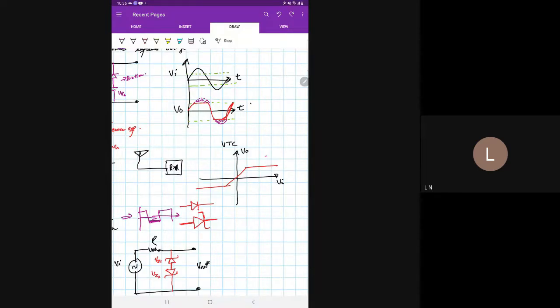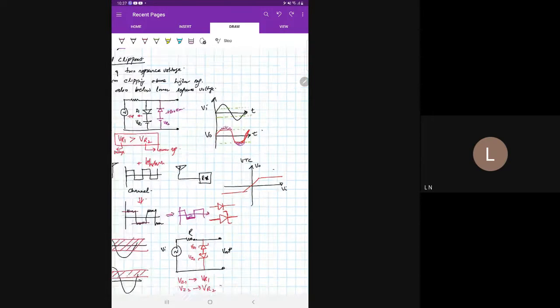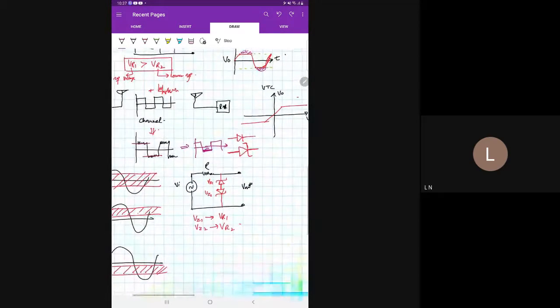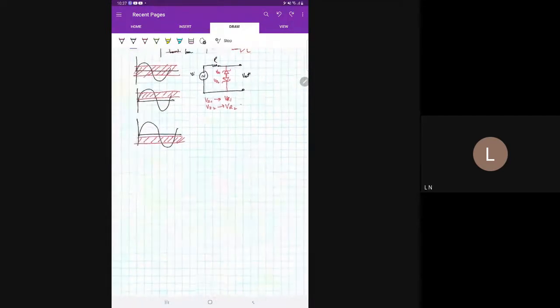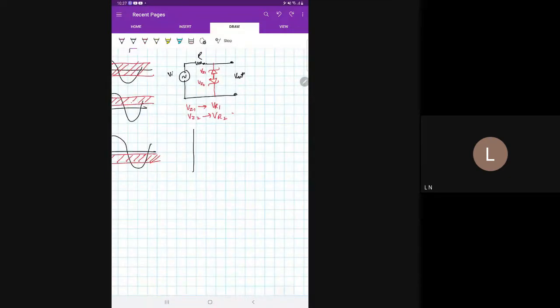Sometimes we also have special circuits in two-level clippers that can remove the body of the signal. So if you have a signal like this, हमारे पास सिग्नल ऐसी है फॉर एग्जांपल, ठीक है, तो कुछ ऐसी है साइनोसाइडल सिग्नल, तो हमारा आउटपुट जो होगा वो कुछ ऐसा होगा,